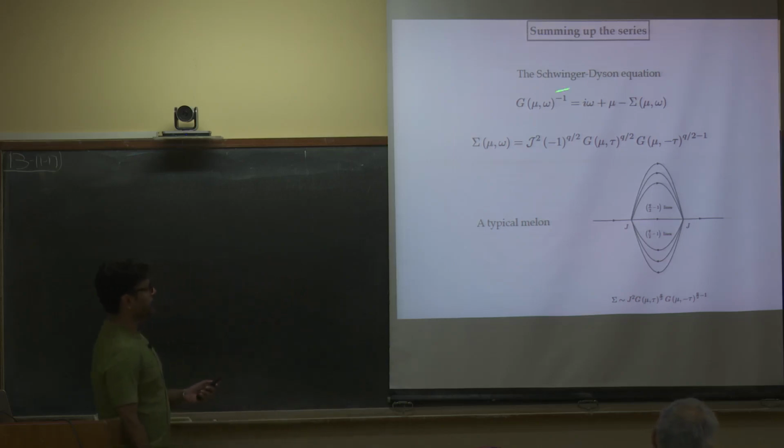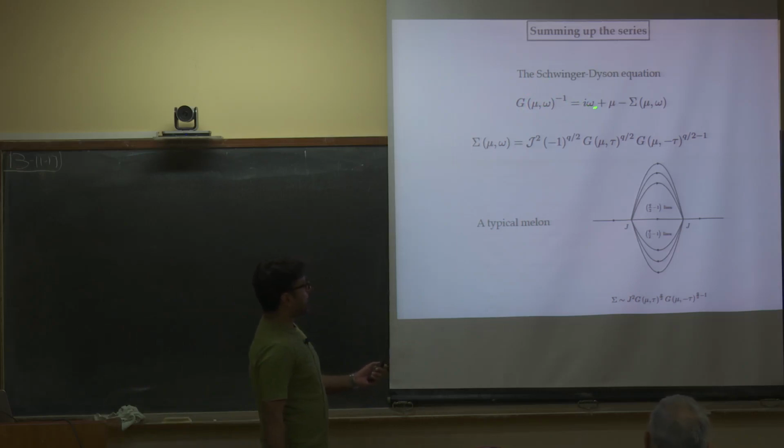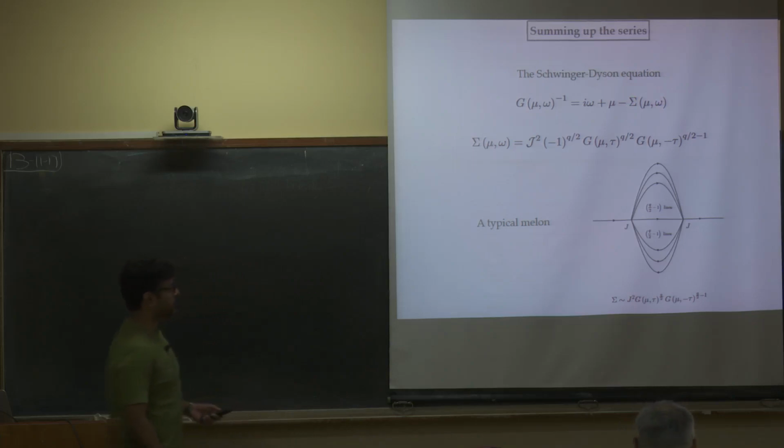So this is now the Green's function for the interacting theory. It's no longer free, and the inverse of that is given by this i omega plus mu. So i omega plus mu was the free case, and now we have a term which is usually called the self energy, or self energy diagram blob. In this case, with the complex fermions, this is going to be a function of the chemical potential and the frequency and is given by this expression. This expression is not very difficult to see how it comes about.